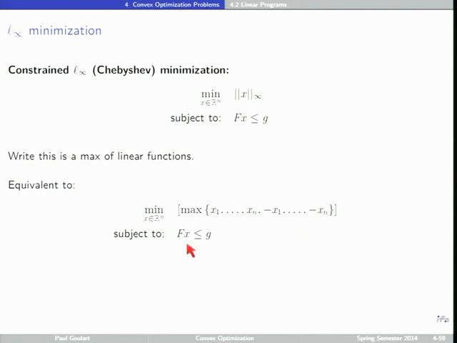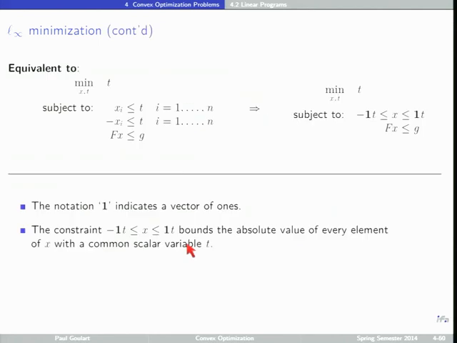Okay, so I use my trick from before. I minimize t. I write down a big list of all of my linear functions, which is just each x by itself, and then each minus x by itself. I put a number t above each one of those, and I push down t as far as I can. And okay, I get a linear program. I get this guy. And what I've written here is exactly the same as that, except now what I've done is, first of all,